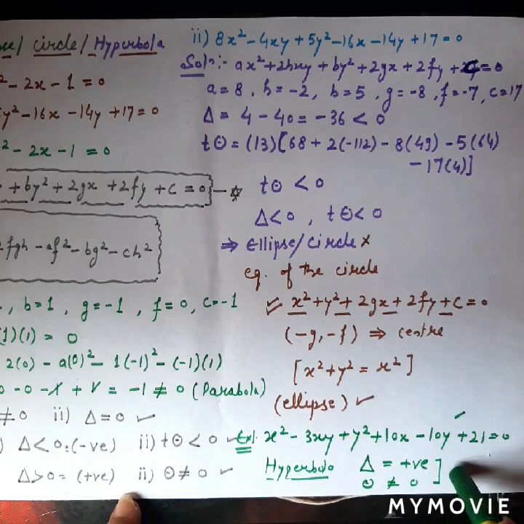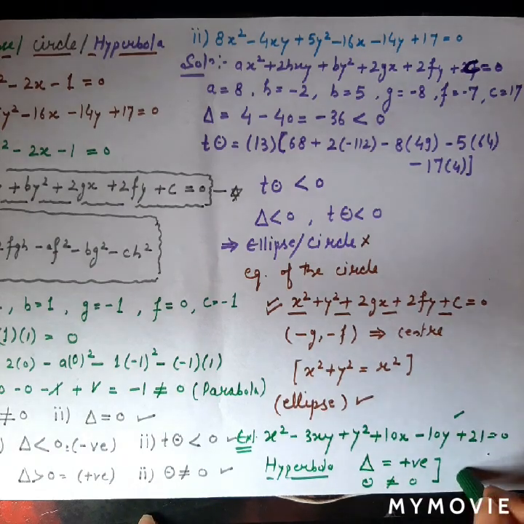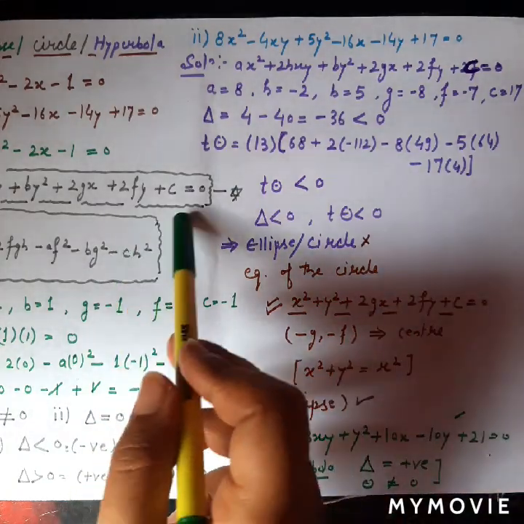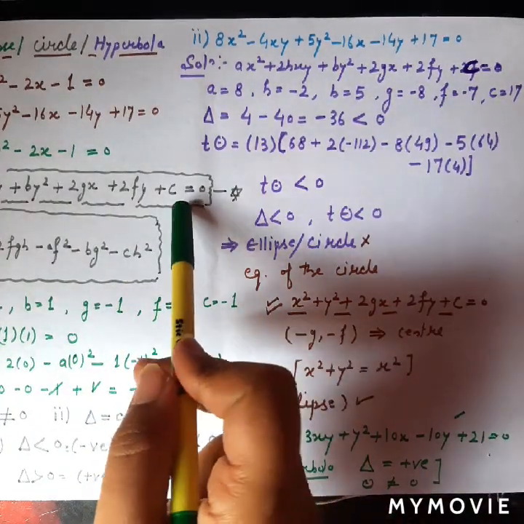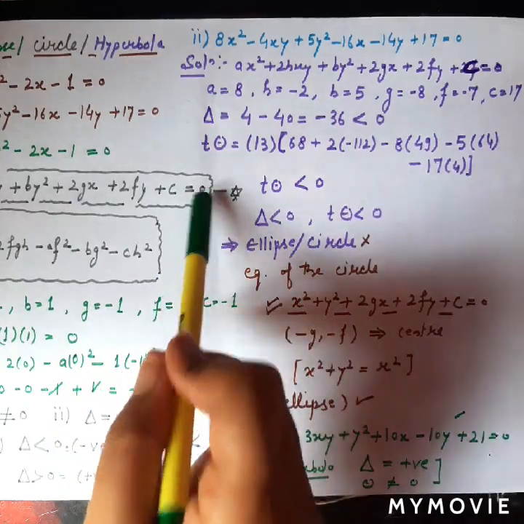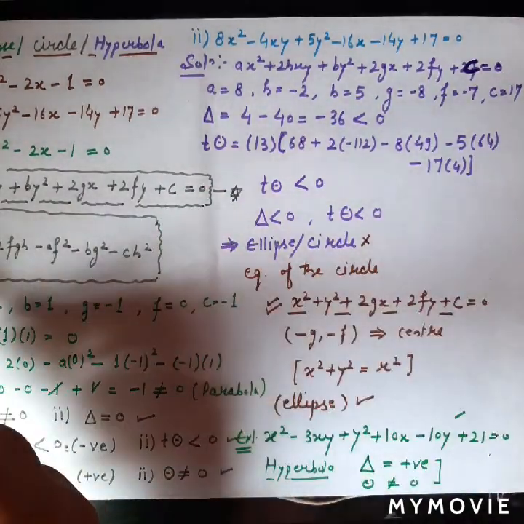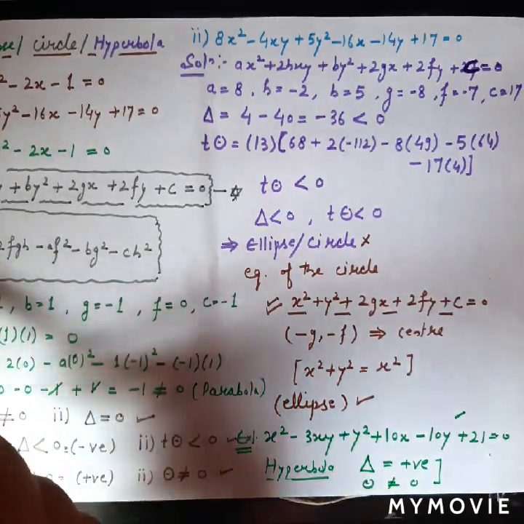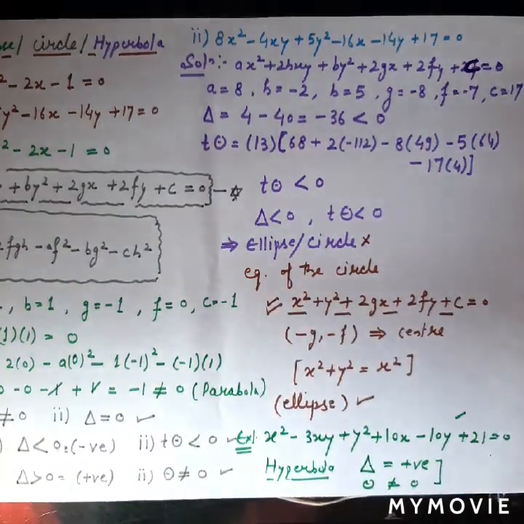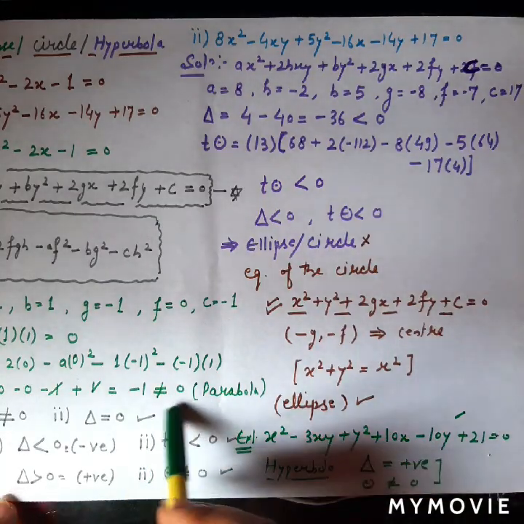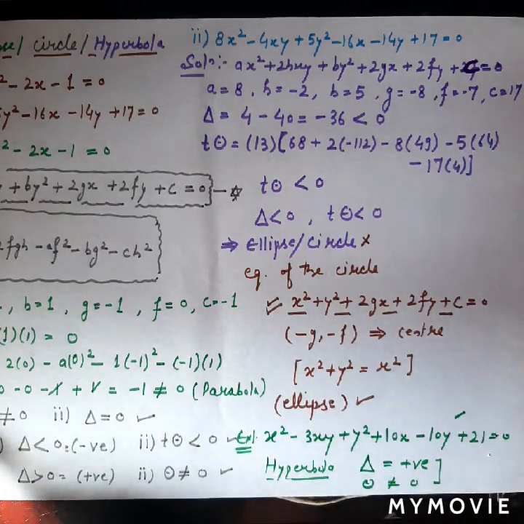So I'm giving you this equation to solve, and in this way we can solve any type of equation. We just need to remember that first of all we have to compare these equations with the standard equation. We need to learn the values of delta, phi, t, and after solving 2 or 3 questions you can learn these equations, and again the conditions for an equation to be a parabola, ellipse, circle, or hyperbola.